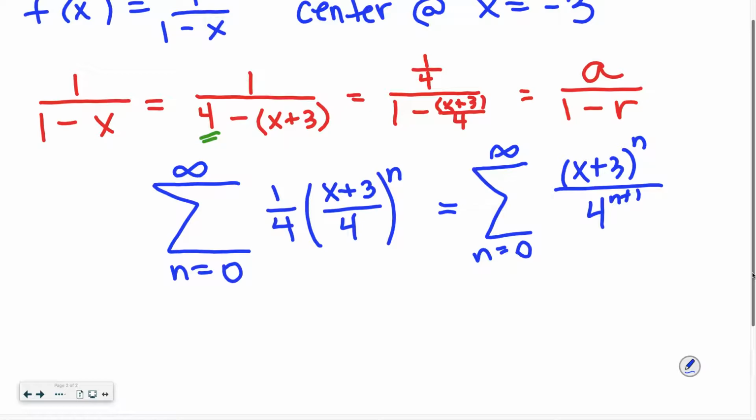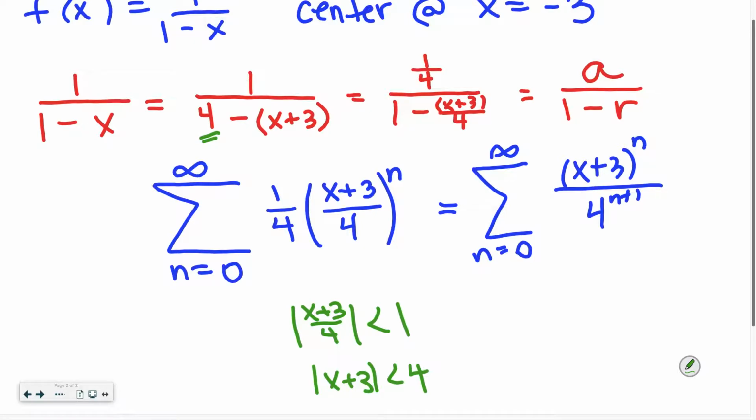Well, if this is our r value, then our radius of convergence becomes what? Okay. We need the absolute value of x plus 3 over 4 to be less than 1, which means the absolute value of x plus 3 is going to have to be less than 4. So our radius of convergence is 4,